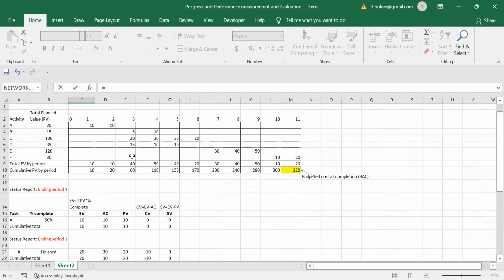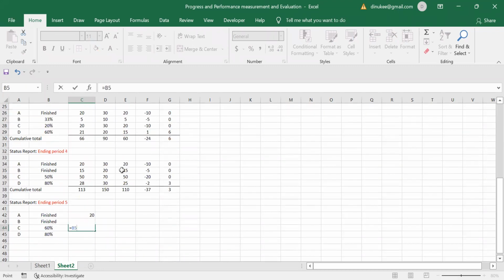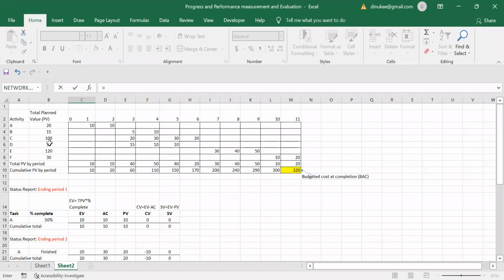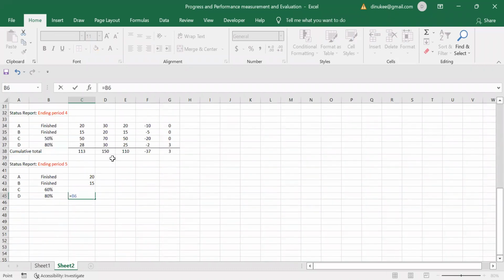For the C activity, the total planned value is 100. From that 100, you have to take the 60%. For the D activity, the planned value is 35. Getting the percentage complete, it is